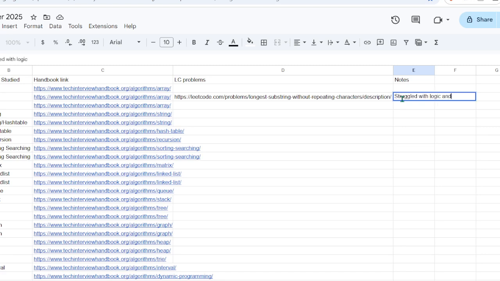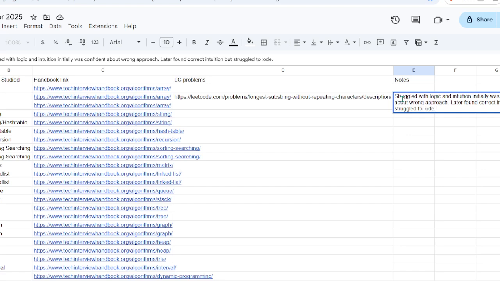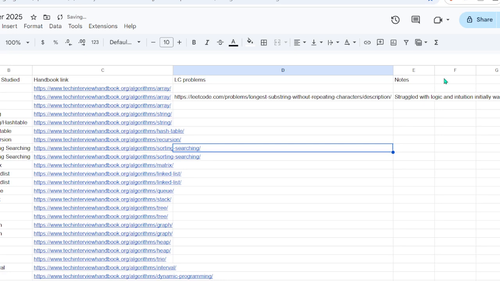Struggle with logic intuition. Initially was confident about approach. Later found correct intuition, was struggle to code. Now have a good understanding of sliding windows. Cool.